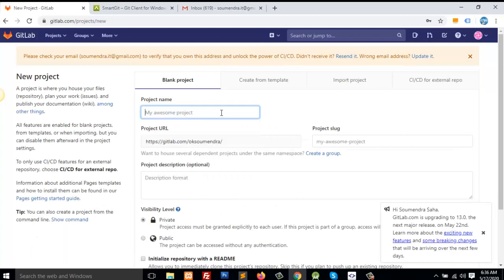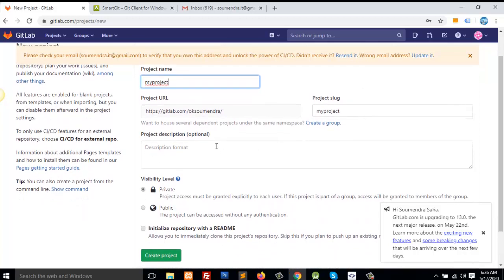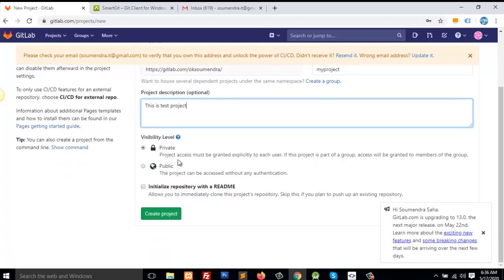Let me give the name my project. And let me give some description, although this is optional. Now you can select this as private or public.